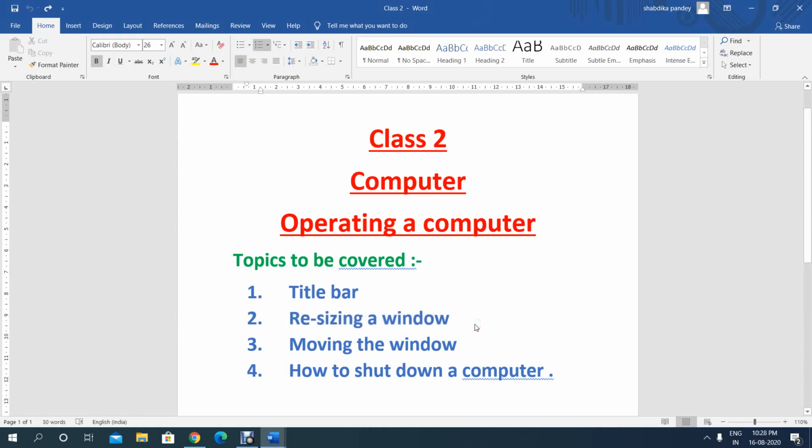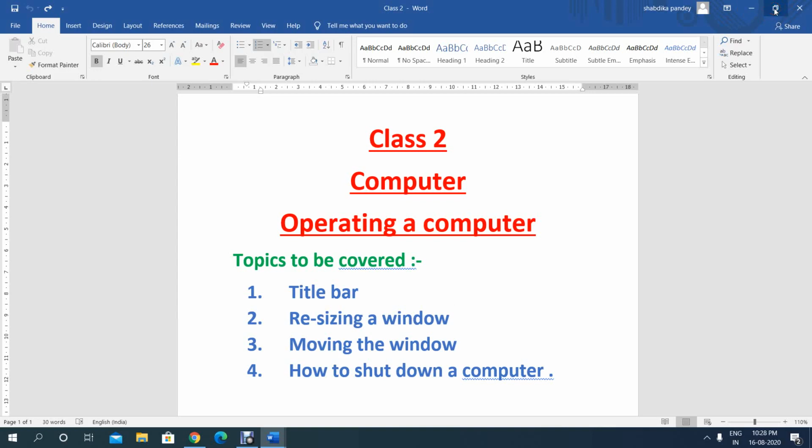So how we can resize a window? Children, at the corner of the window you can see the three buttons. Can you see the three buttons? Yes. So first one is minimize. Second one is resizing a window.